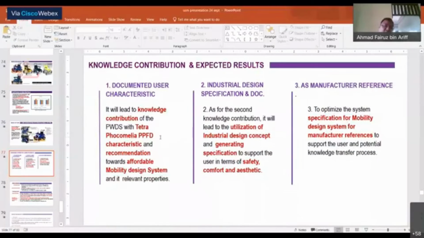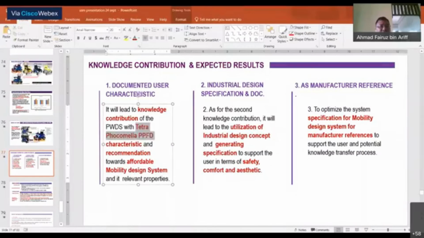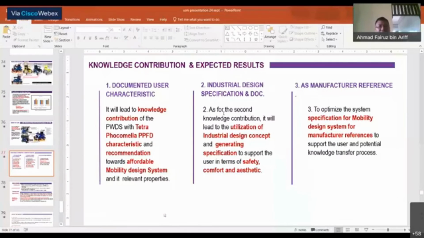Okay, knowledge contribution in this expected result. Number one is documented user characteristics of this particular person, which has a very unique kind of symptom, Tetra with PPFD. And then number two is pushing the industrial design specification and documentation, meaning this is design driven. This is not engineering driven